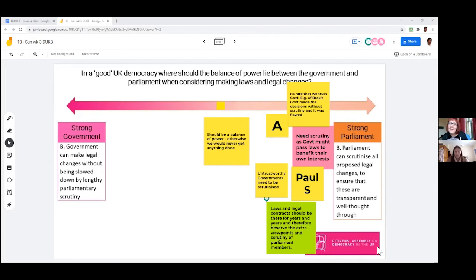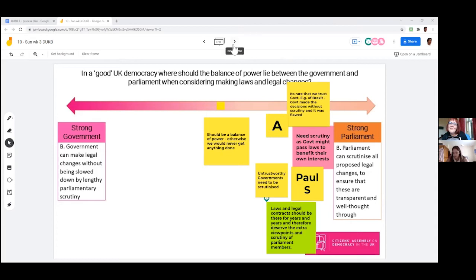We did have more in the middle, looking at the idea that if it was all towards Parliament, would we ever get anything done? Do we need that bit in the middle? But yeah, I think the majority of the group headed more towards Parliament due to the untrustworthy government. And also, I don't think it's on there, but we spoke about how MPs and Parliament are more representative